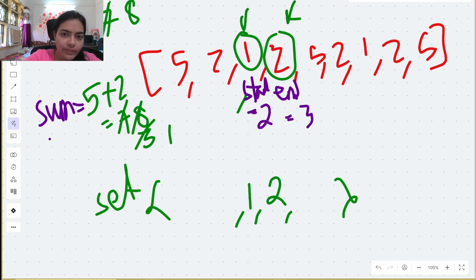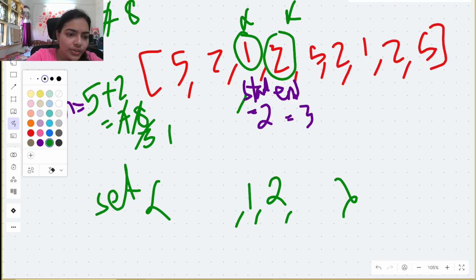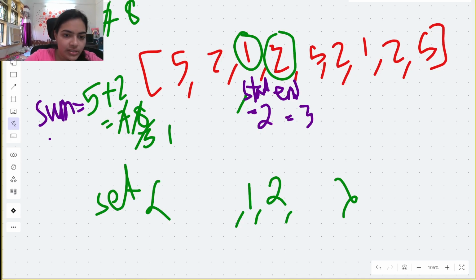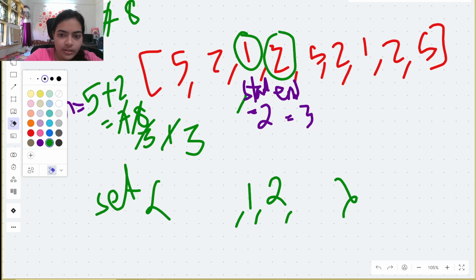Okay, and now we will continue. So we have 2 elements in the set, 1 and 2, and we have added that. And now what is our sum? Our sum will change. Our sum is equal to 1 plus 2, which is equal to 3. So we will also change our sum. Again we will check. We already have a better answer. We need not change it. Let us go forward.